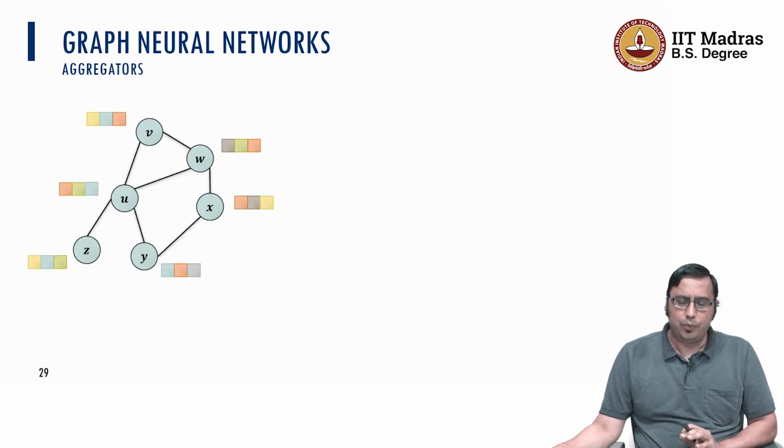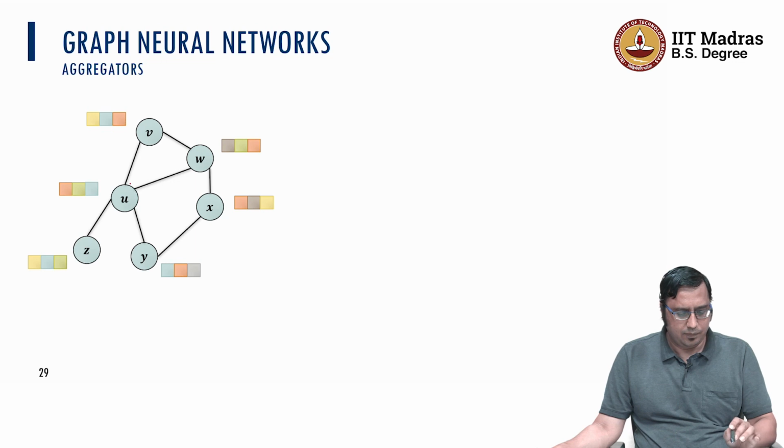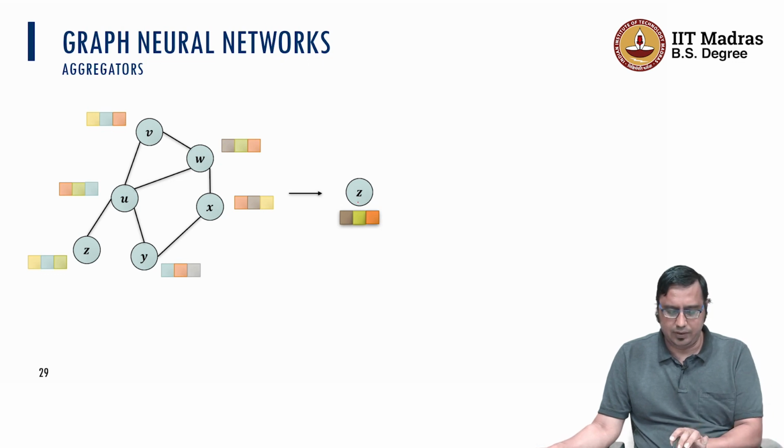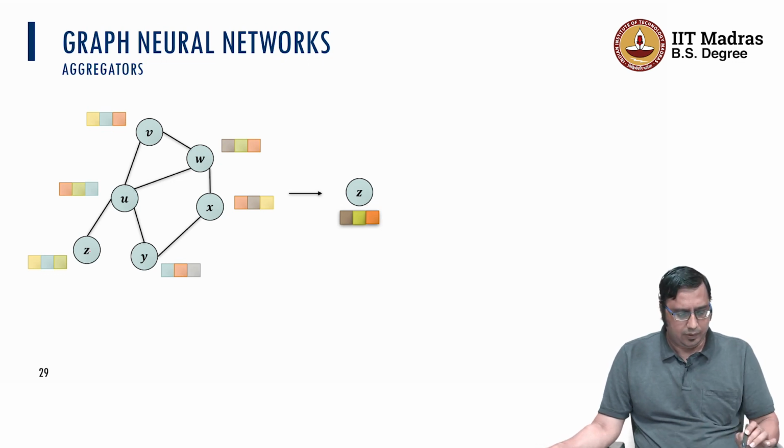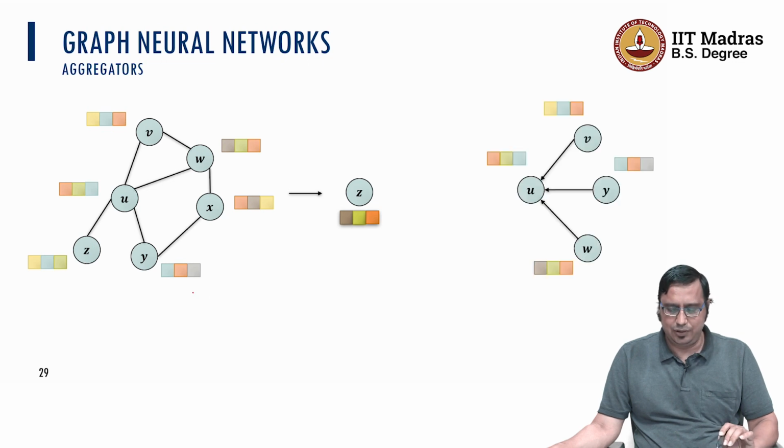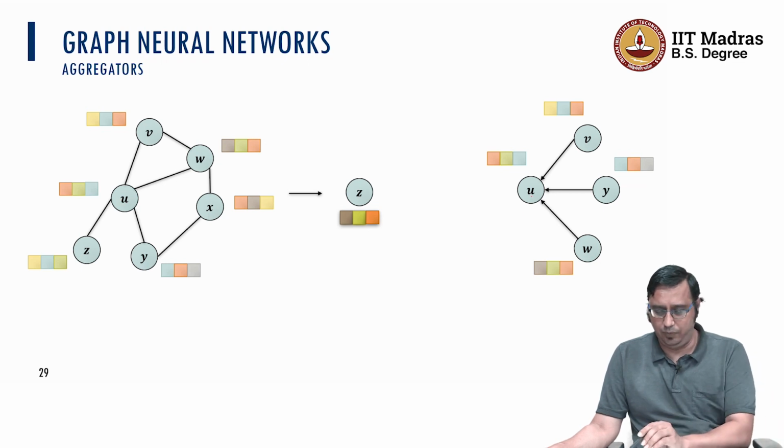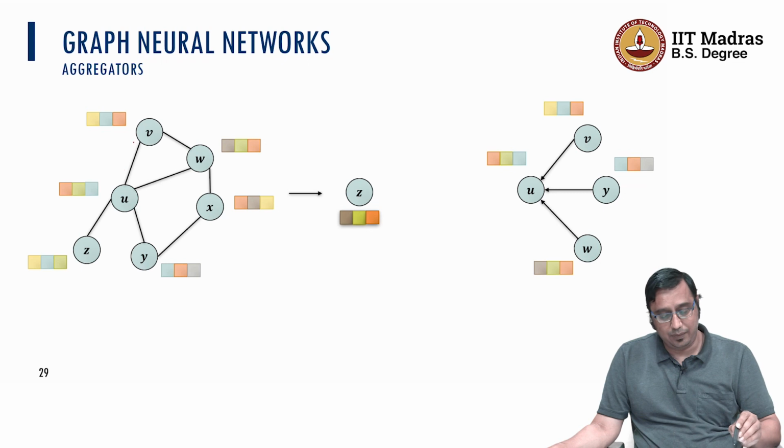But before we go towards that, let's just understand in a very simplistic manner what an aggregator does. Let's take this particular graph. We have 6 nodes and 3 features for each node. The job of the aggregator here, for a particular node, let's say Z, is to randomly choose a sample. Here we have only one available sample, so we choose this sample and we also look at the